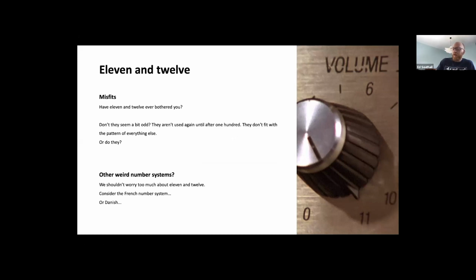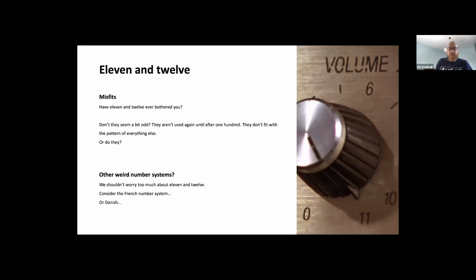So 11, if you follow 11 back to old German, it's elf in modern day German, but in old German it was ein lif, which means 10 and 1. And 12 is zwölf now in German, but in old German it was zwelif, which means 10 and 2. So they do kind of follow the same structure as the rest of our numbers. It's just that, some of you may know that English as a language is essentially a patchwork of lots of different languages, and does borrow quite heavily from German in particular.